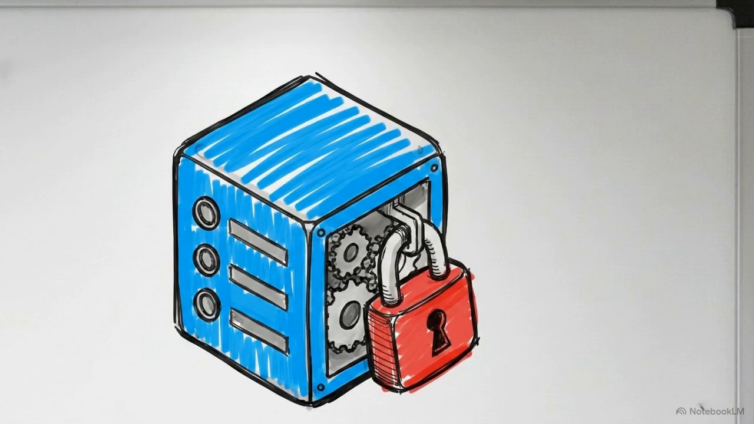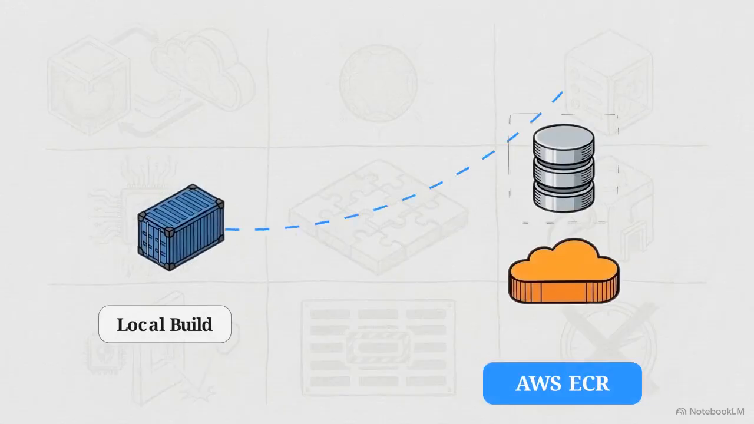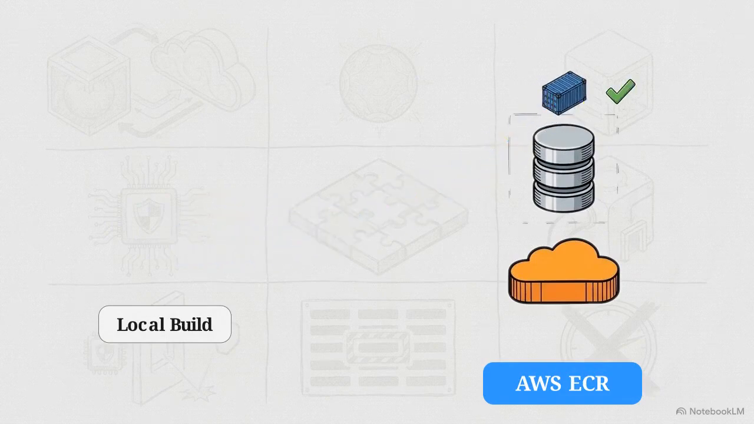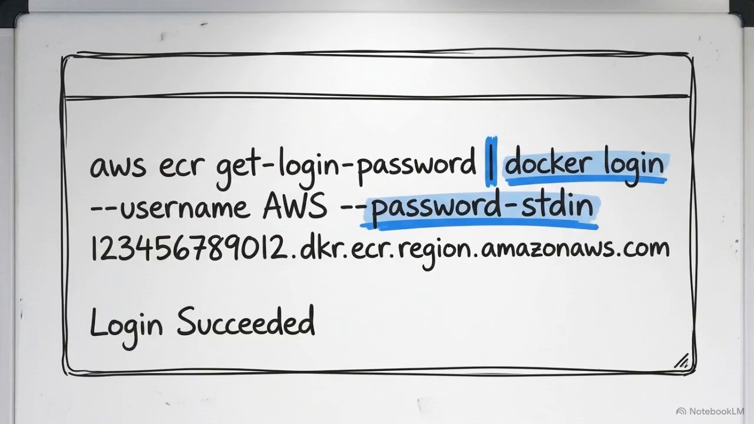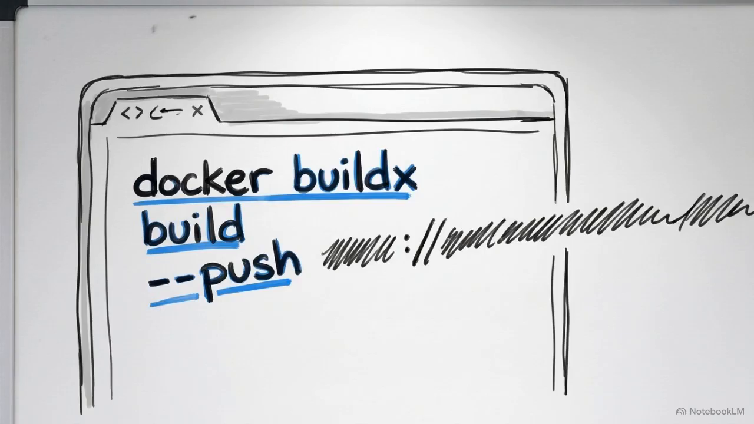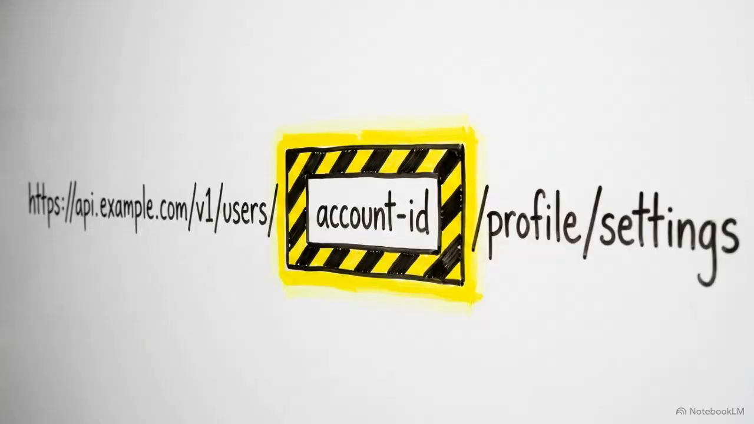Our architecture is locked. Now, that local Docker image must be moved to the AWS Elastic Container Registry, or ECR. In your terminal, use the AWS CLI to create a new ECR repository. Then, pipe your authentication token into the Docker client so you have permission to push the image. This is a stylized look at the final push command. Before you hit enter, you must replace the placeholder account ID string in the URI with your actual AWS account